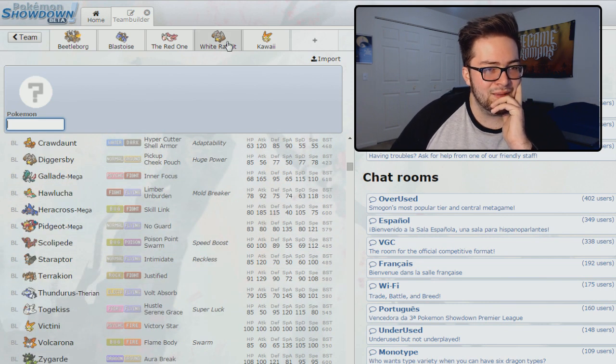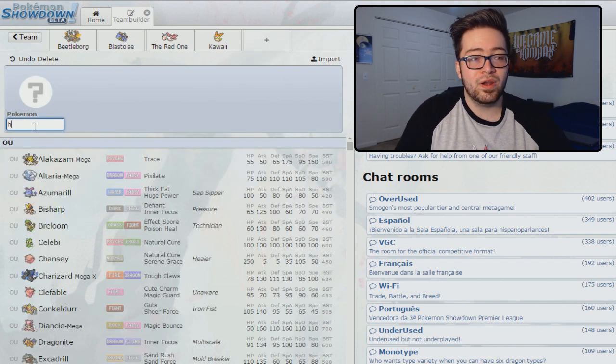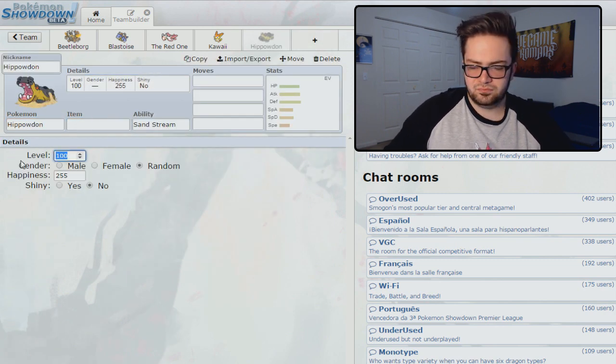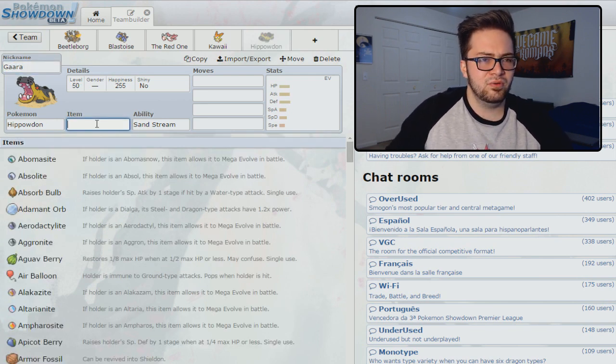We could always get rid of White Rabbit and go with, I'm going to do that, actually. I'm going to get rid of White Rabbit. I'm going to go with Hippowdon here. I'm super weeby, so I'm going to call you Gara. I'm going to give you...